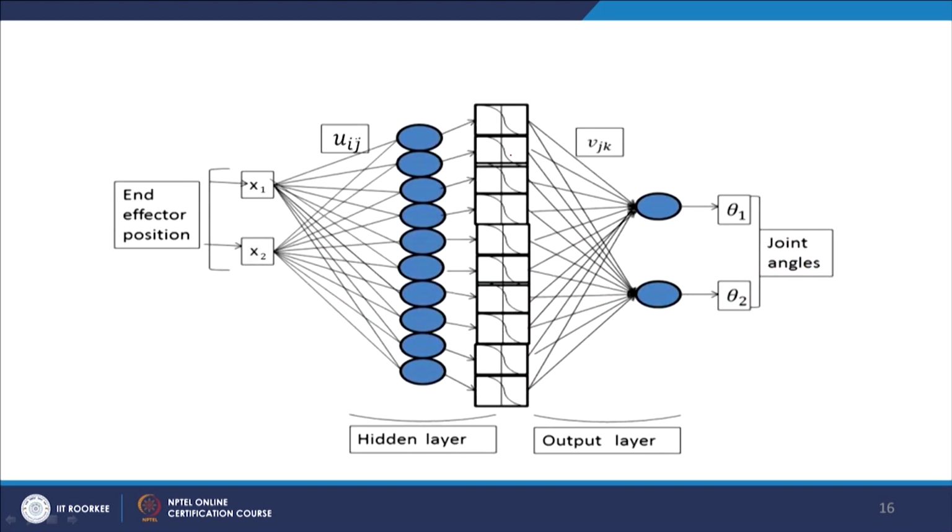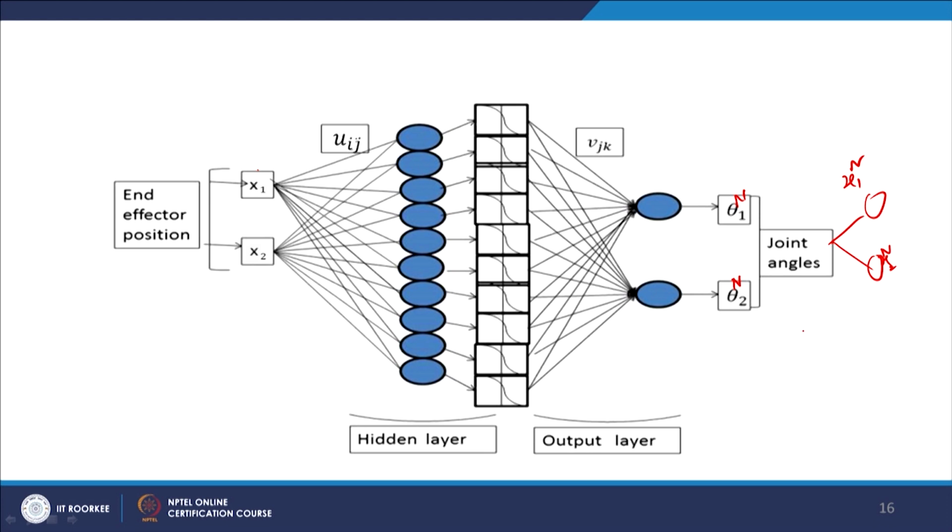So, what we did here is we have x1, here it is written end effector position, and these weights are connected by u_ij. These are the hidden layer. Using the sigmoid function we calculate theta 1 n and theta 2 n. These are the neural network outputs. Once we get the joint angles using the neural network, we can again calculate x1 n and x2 n using the same formula. Then this will be taken back to this expression.